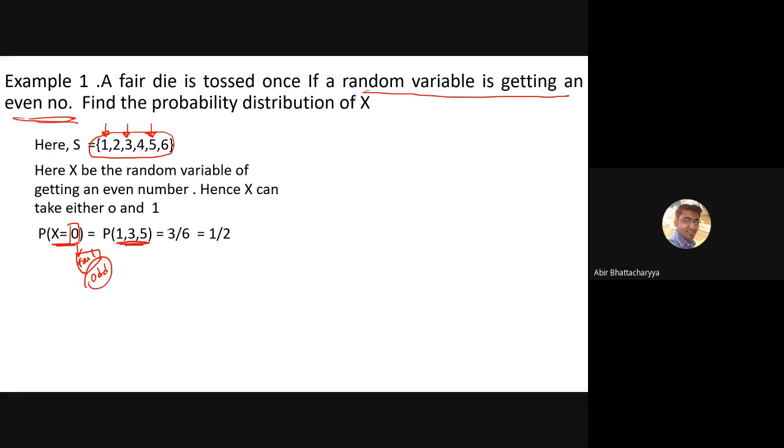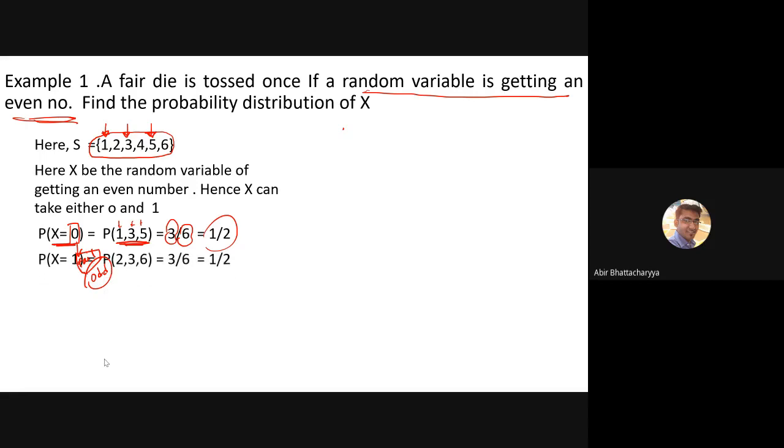What is the sample count? Total sample count is 3: 1, 2, 3. So this is 3 out of how many? Out of 6. So 3 by 6 means 1 by 2. So the probability of x equals 0, getting outcomes 1, 3, 5, is